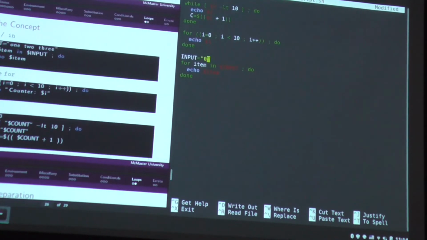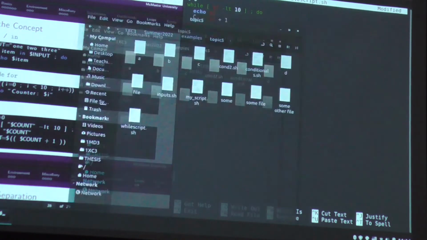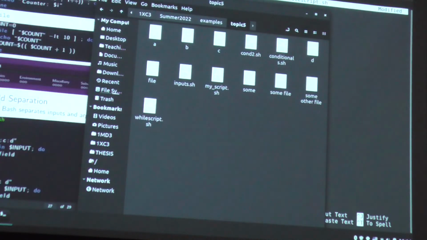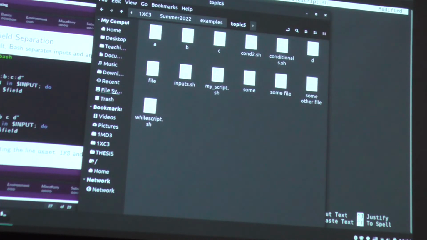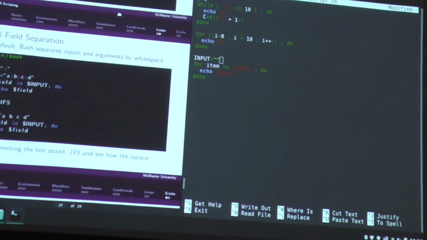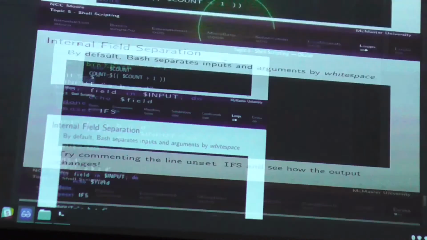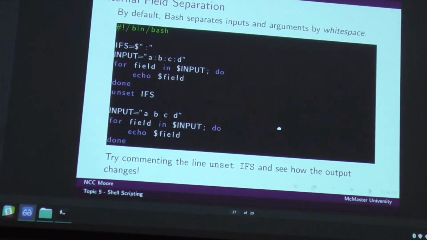let's see here. I just want to show you something. What's not on my last? Yeah, okay. Okay, I'll cover this last slide and then I'll show you something interesting that you can do with for loops. So,